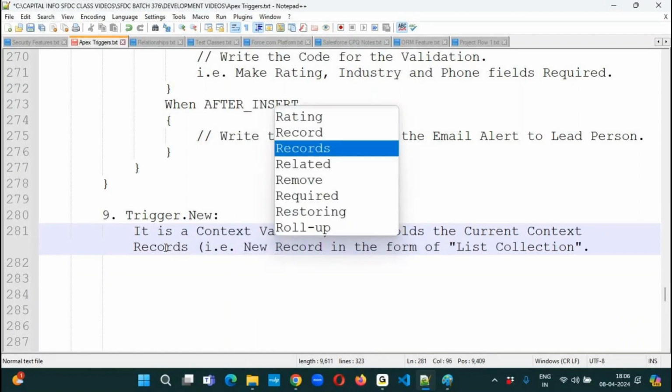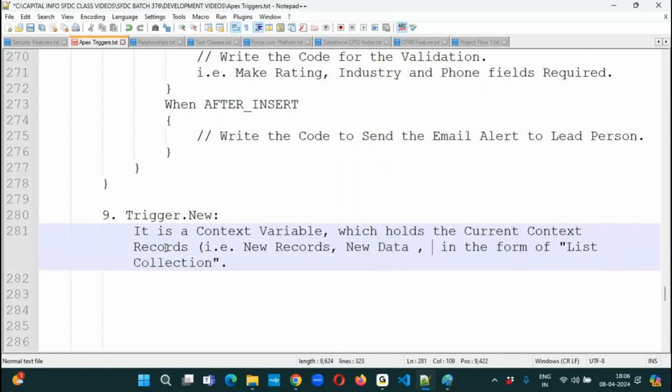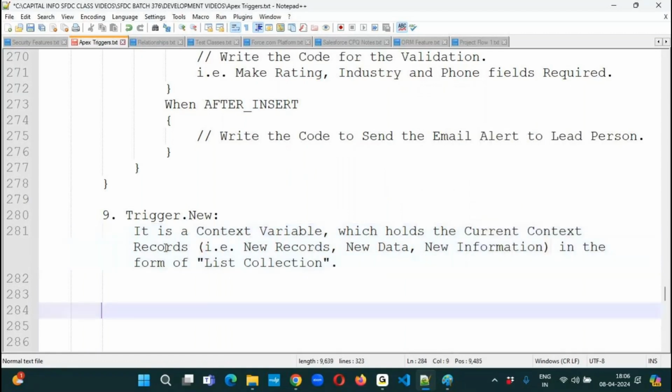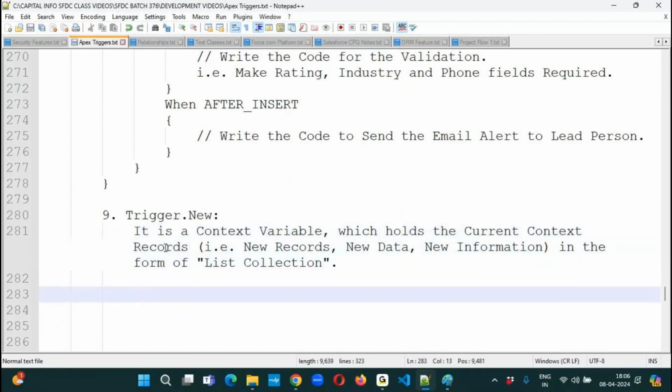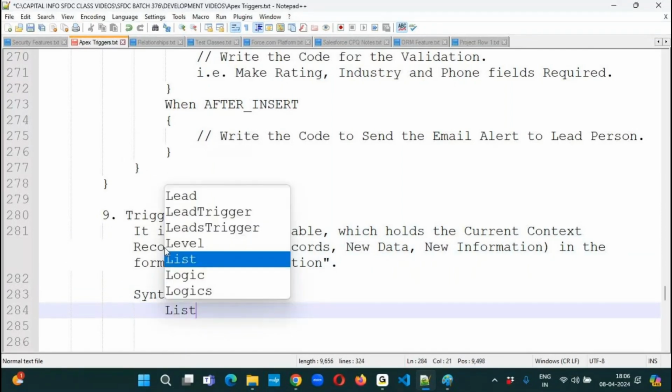New records, new data, new information. The syntax is list of